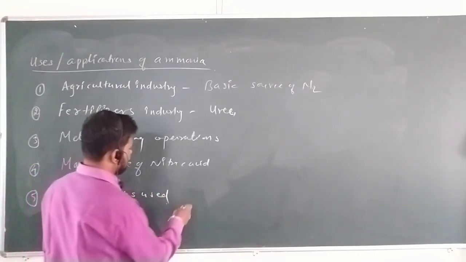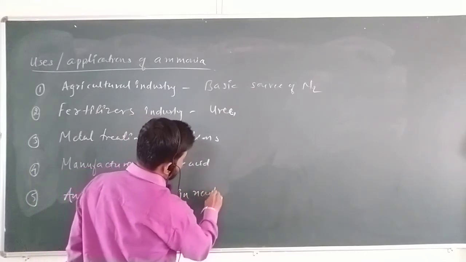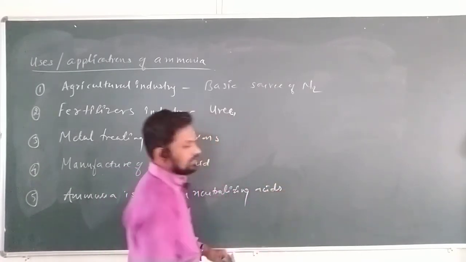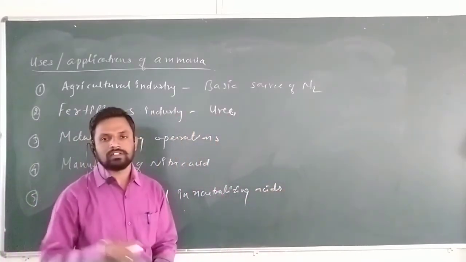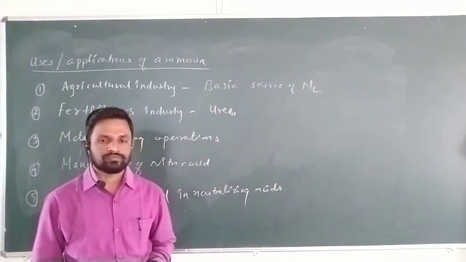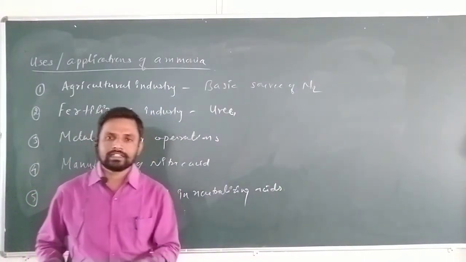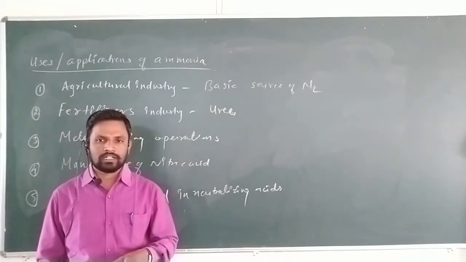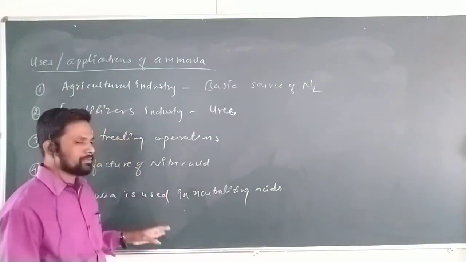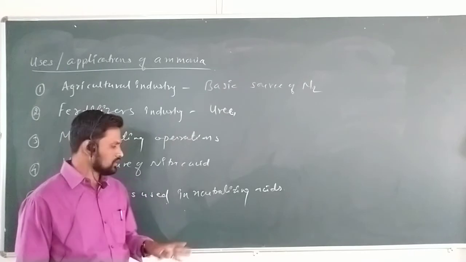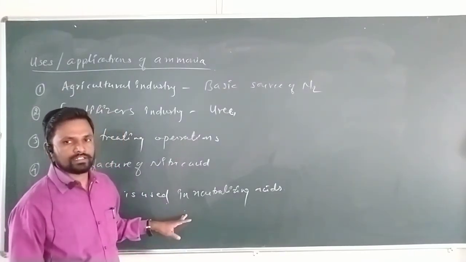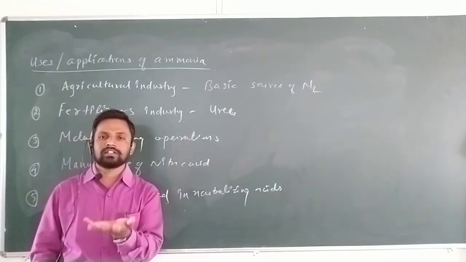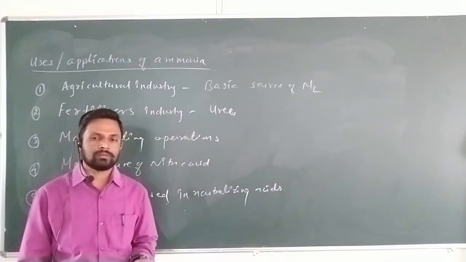in neutralizing the acids. If you want to neutralize some acids, whether in organic reactions, some pharma industries or some research purpose, if you want to neutralize some excess of acids, ammonia can be used for neutralizing them. So, this is also one of the great applications of ammonia in synthesis. And finally, ammonia is used in the laboratory also, for laboratory purposes.